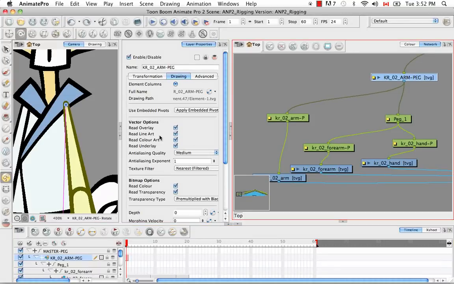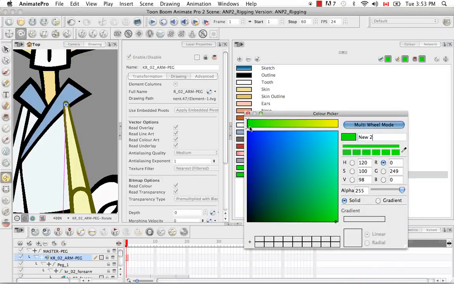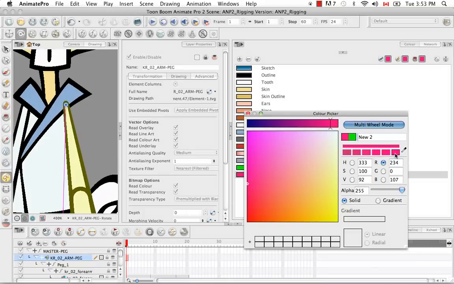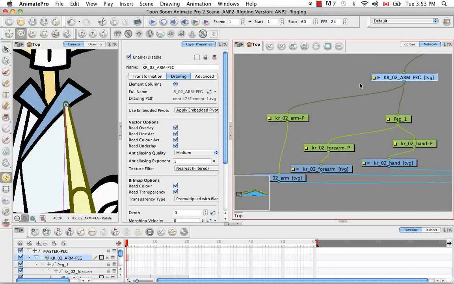So the next thing I'm going to do may seem a little strange. I'm going to paint a big colored X roughly over where the pivot is. So I'm just going to do that first, and then I'll explain to you why I've done it. So the first thing we need to do is to create another indicator color. So I'm going to choose the last indicator color that we created, and then choose something bright like a fluorescent pink. And I'm going to name it crosses. Then I'm going to select the brush tool